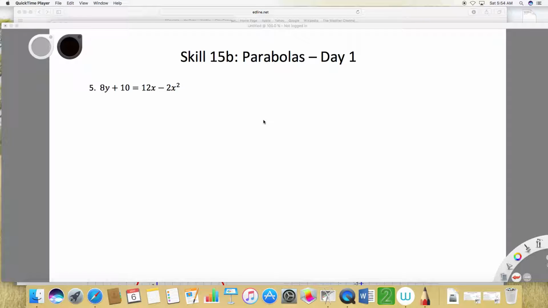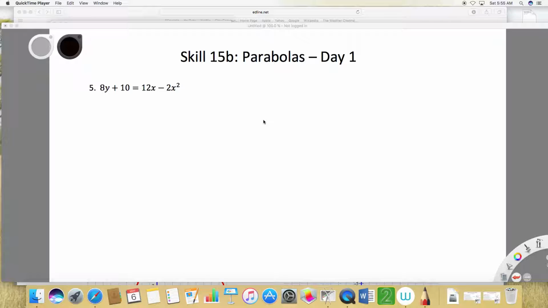Let's take a look at this problem number 5 on the parabolas. We know that this conic section is a parabola because it only has one variable that's being squared, the x. Y is not being squared. When x is being squared, we know that the parabola will either open upward or downward depending upon whether p